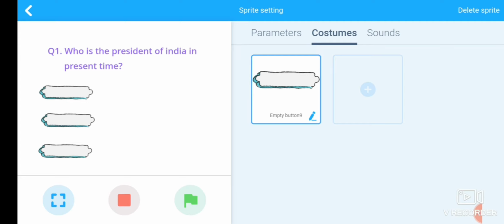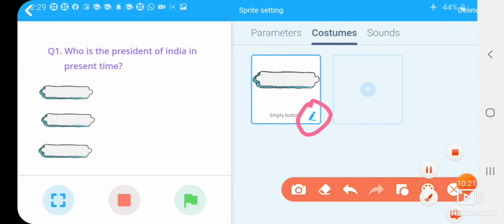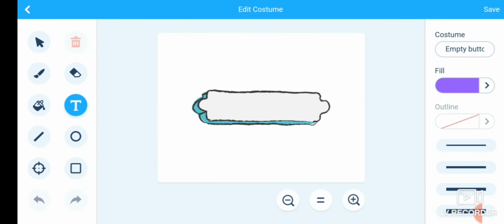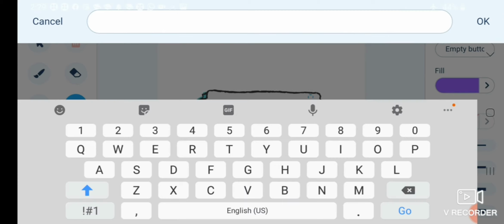Now we have added this button. Click on this pen to edit the button and type the name here. Our first option is Rahul Gandhi.